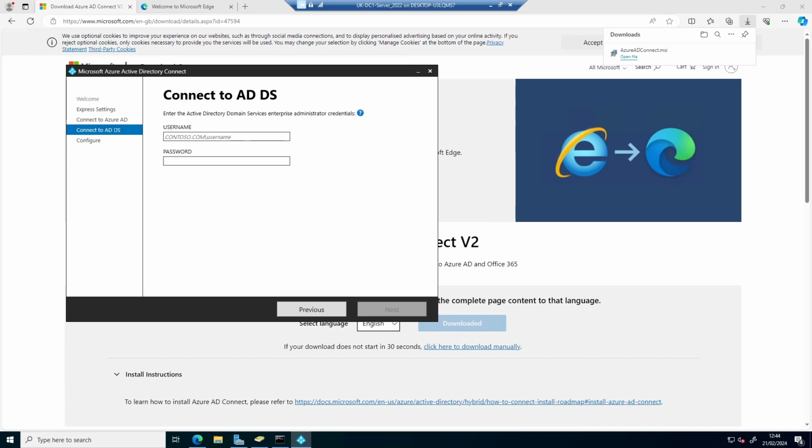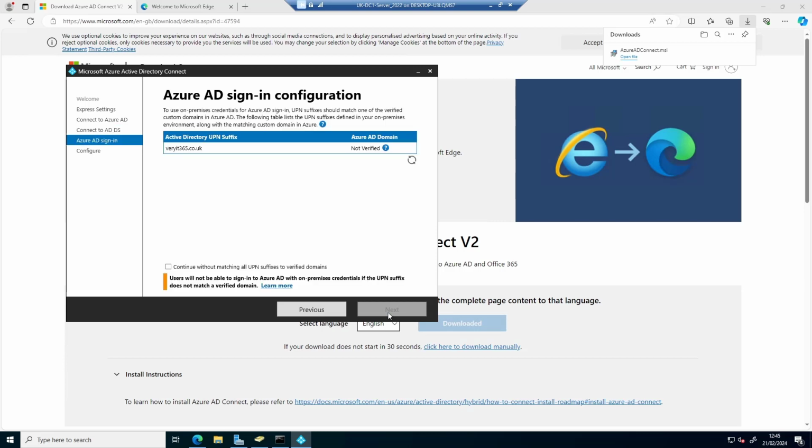Now I need to populate my local admin account. That will basically be veryit365/administrator. Put my password in. It will now say it's not verified. So if I were to